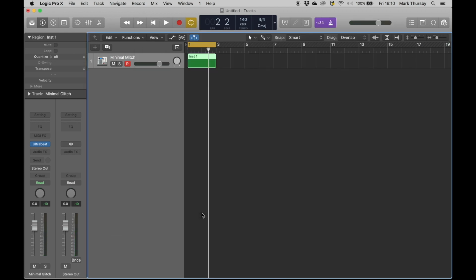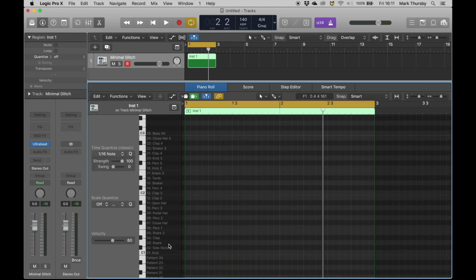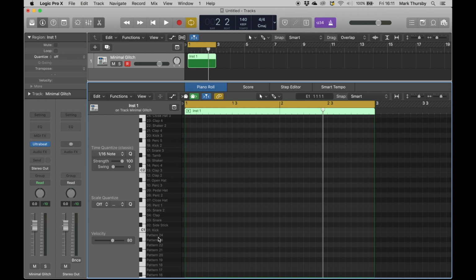So I'm going to just close it, open it again, refresh the window basically here, so all the little names of what is what update themselves. Okay, and I'm going to make that shorter. We'll do a standard kind of 140 dubsteppy groove, which basically would suggest a snare on beat 3. Okay, so if I draw these in here, and put the metronome on, give you a point of reference,